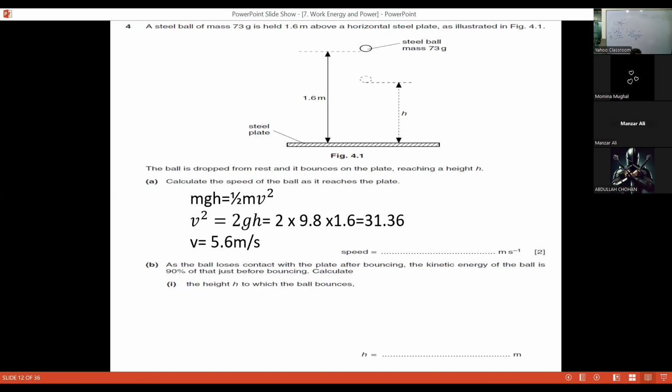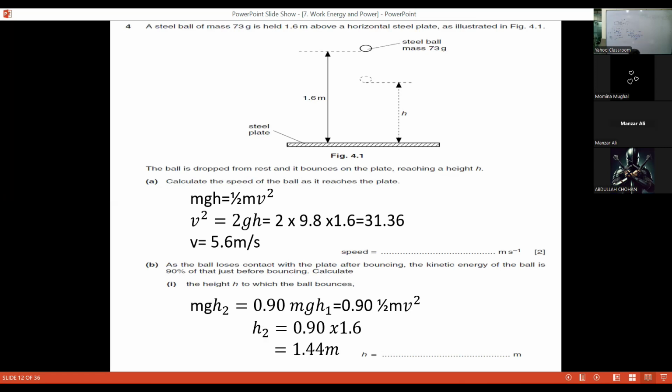So the energy possessed by this object when it rebounds is only 90% of the maximum energy, और maximum energy इसकी mgh से थी, या 90% half mv squared भी यूज कर सकते हैं आप। सो हमने इसको यूज करके आप mgh2 is equal to 0.9 mgh1 कर सकते हैं, या mgh2 is equal to 0.9 half mv squared भी लगा सकते हैं, because only 90% is there of the maximum potential energy और maximum kinetic energy। यहां से मैं h2 स्ट्रेट में कैलकुलेट करूंगा, and this time h2 is less, 1.44. Here energy is lost, तो डिफरेंस निकालेंगे हम।